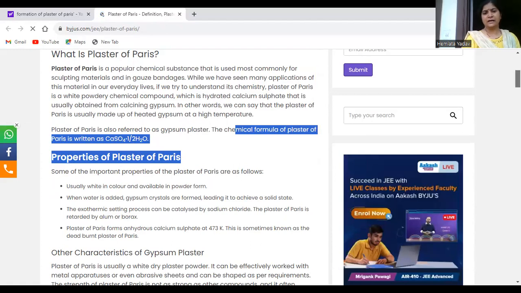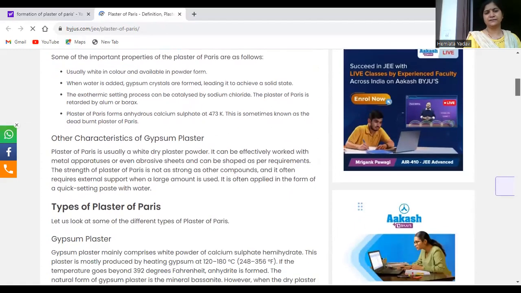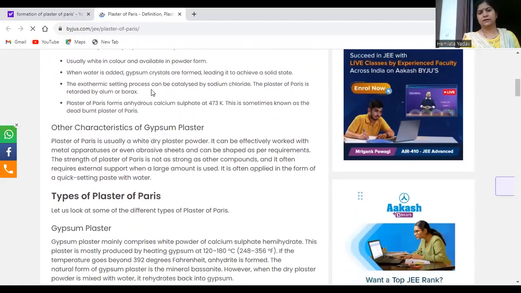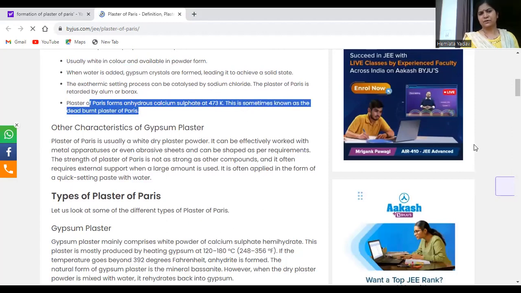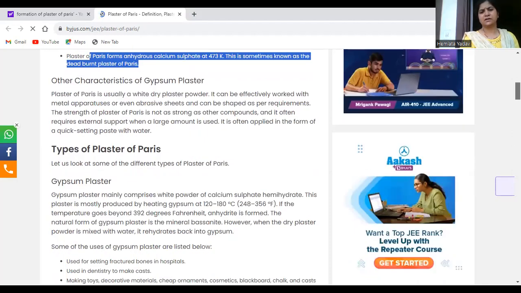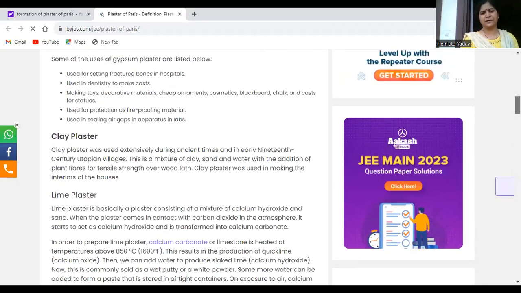So it is calcium sulfate hemihydrate, and calcium sulfate anhydrous बनाने के लिए plaster of Paris forms an anhydrous calcium sulfate at 473 K, sometimes known as dead burnt plaster of Paris. Other characteristics of gypsum plaster and types of plaster of Paris are there,